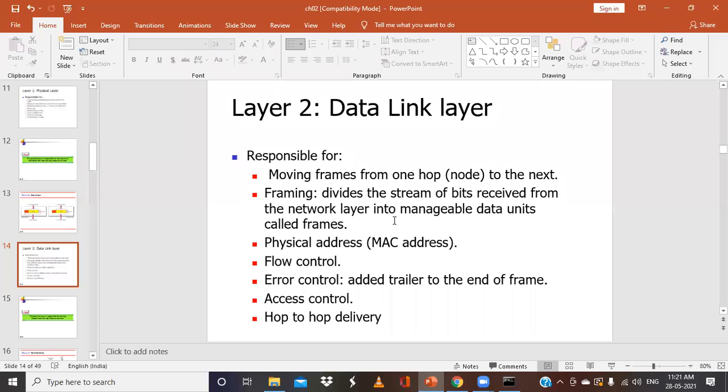The next thing is about physical addressing. So we need to discuss what a physical address is and what a logical address is in terms of networking. Don't confuse these two things with the operating system, where we also had something called physical address and logical address. I will keep that aside. We will discuss what a physical address and a logical address are in terms of networking.